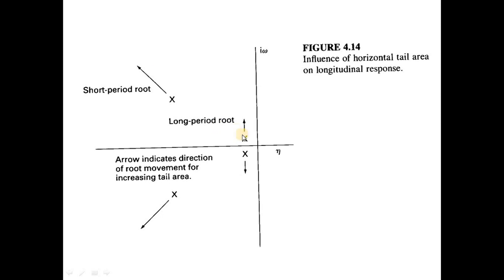tapi adakah dia akan increase dia punya damping ratio? Tak sangat. Okay, for short period root tak sangat, dia tak ubah damping ratio banyak. Okay, sebab dia cuma akan increase the natural frequency. Okay, sebab dia menjauh, tapi dia tak tukar sangat angle tu. Tapi for phugoid,